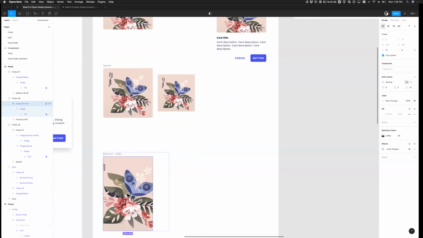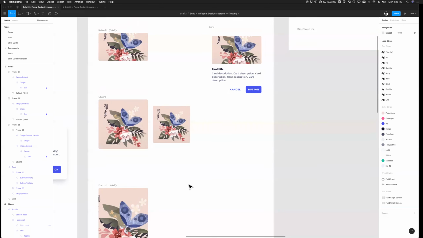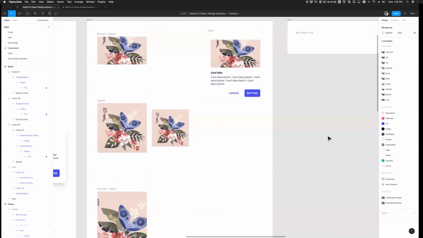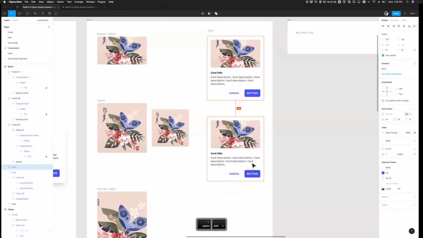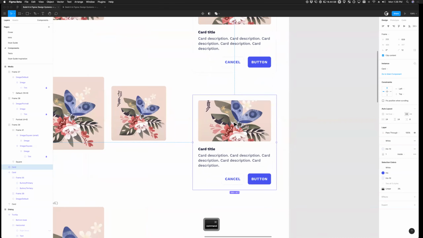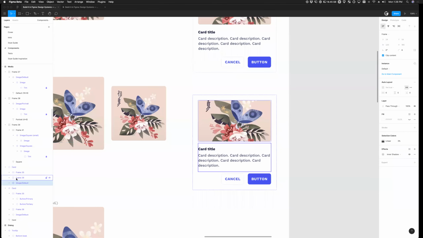And this one I have an image portrait, and so on and so forth. I can just swap those out. Now, let's do the same example here. Let's test out this card component. Now, notice, one of the things, and it's a little bit of a gotcha,